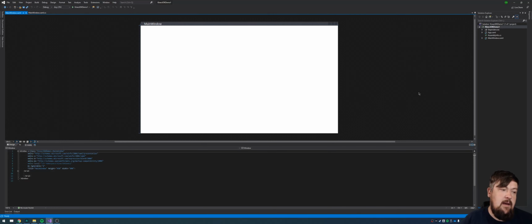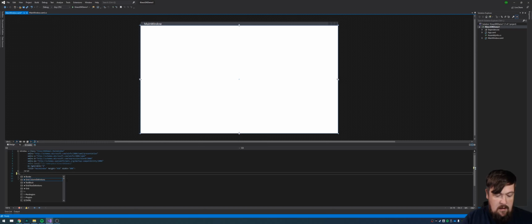Since the application has started in the main window XAML, we might as well go ahead and build that view. So if you think back to the layout of the application that we're going to build, it's essentially down the right hand side we have our combo box and our IMU output data as a data grid, and on the left we have